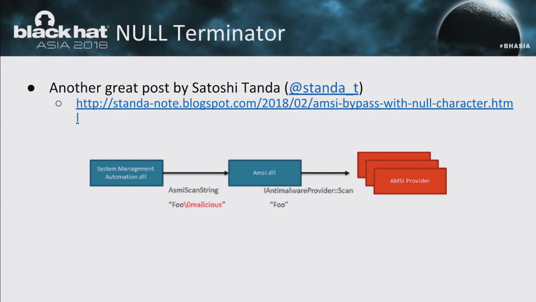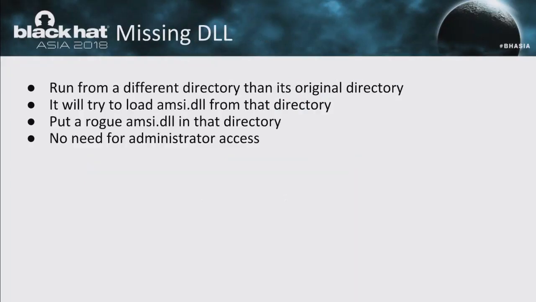What he found out is that, as we all saw, PowerShell uses AmsiScanString, and AmsiScanString assumes that you're passing to it a null-terminated string. That means that if you put a null terminator inside of your script, AMSI will not scan past that null terminator. So what he did was he created a little command that contains something benign, a null terminator, and then something malicious, and that completely bypassed AMSI. Now this also was supposed to be corrected. I haven't seen the commits on GitHub, but I think it's supposed to be fixed.